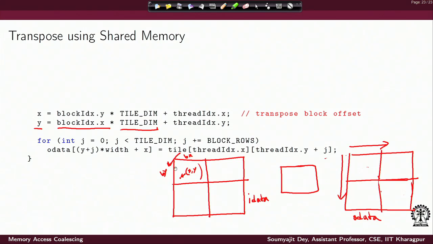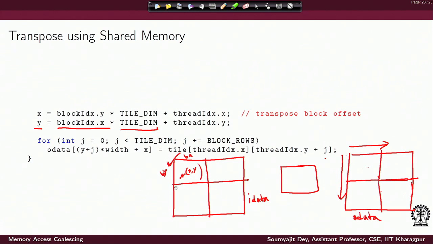What we are doing is, the first thing we will achieve is, we will first flip the position of the block. So, if this is the original block position, we find out what is the alternate block position, right. When we have figured out the alternate block position, we compute the x and y coordinates of the corresponding x, y values in the original by keeping the relative position of the x and y the same.